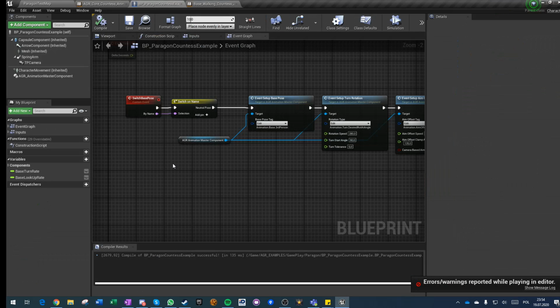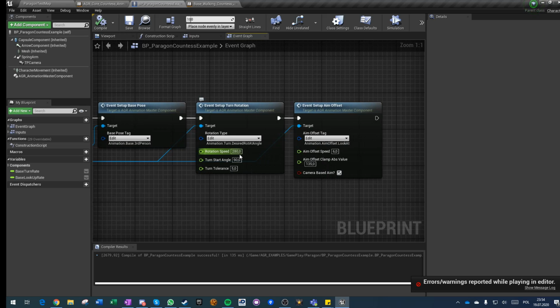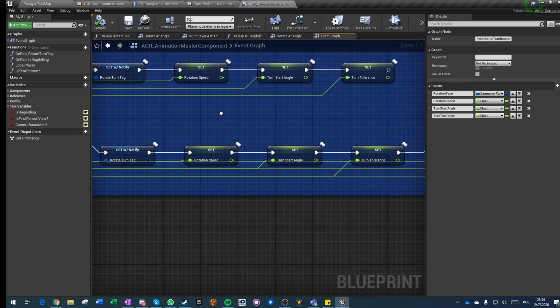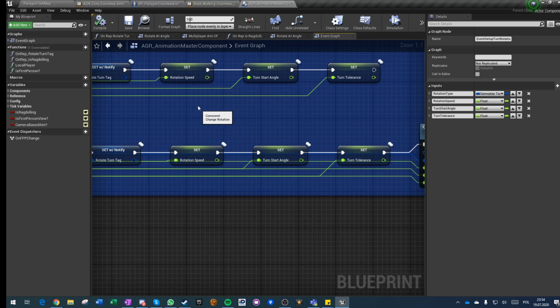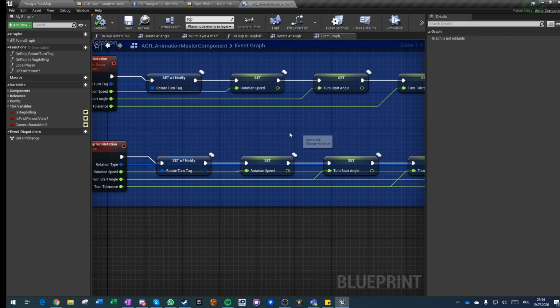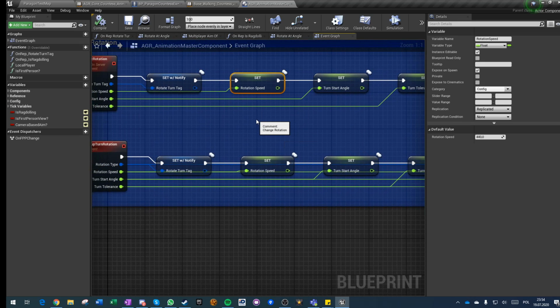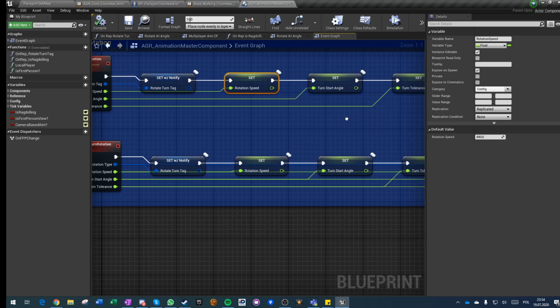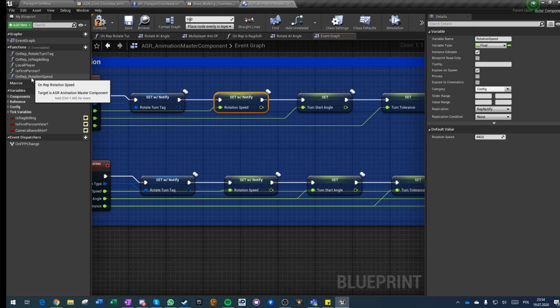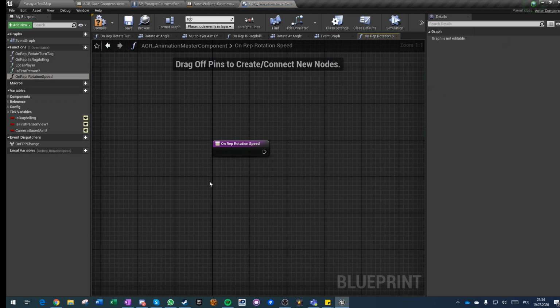Okay, but we also need to go here and change the rotation speed here to 180. Rotation speed. Yeah, and here we need to actually update our core thing, because on replication of rotation speed we need to